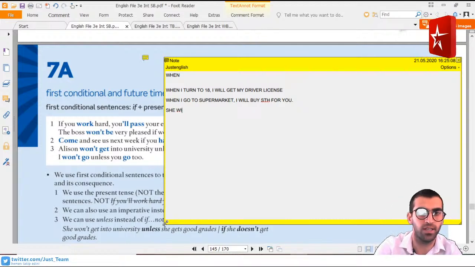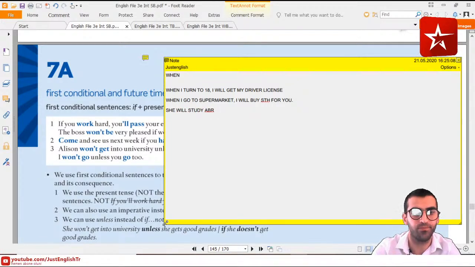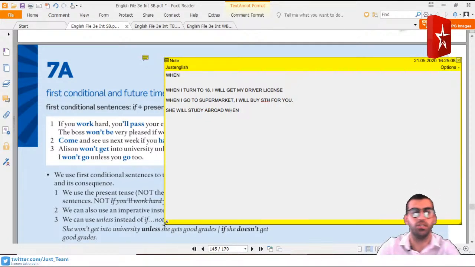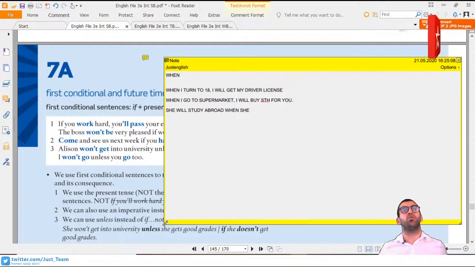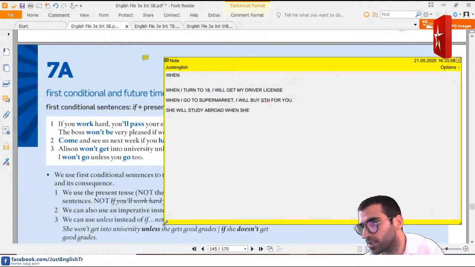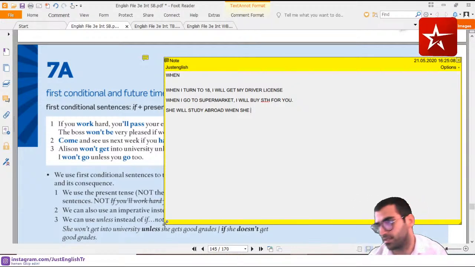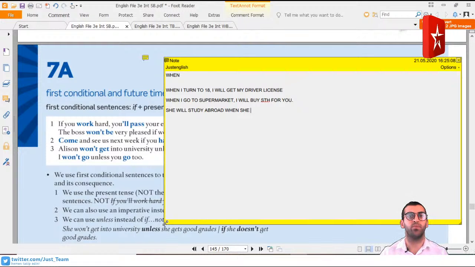She will study abroad. How can we complete this sentence by using when? Okay, when she what? She will study abroad when? So guys, I'm waiting for you to write an idea for my sentence, to complete the idea. So she will study abroad when she,